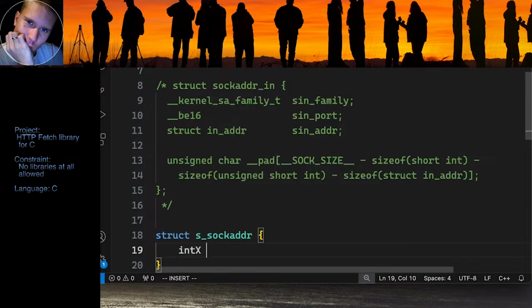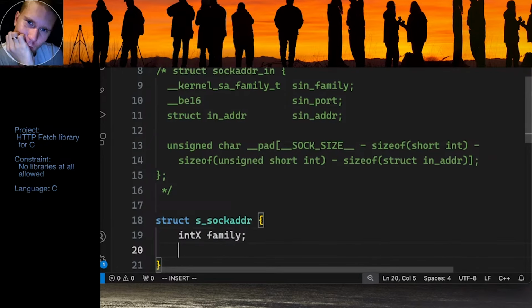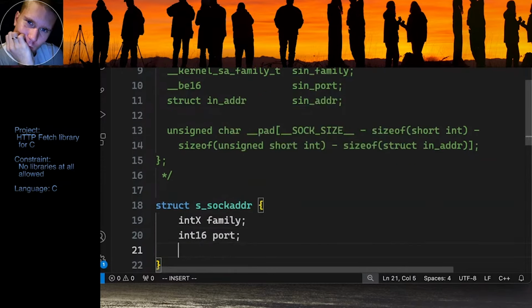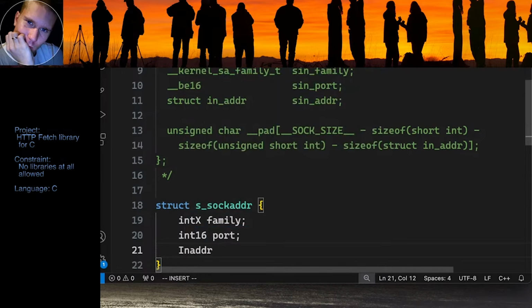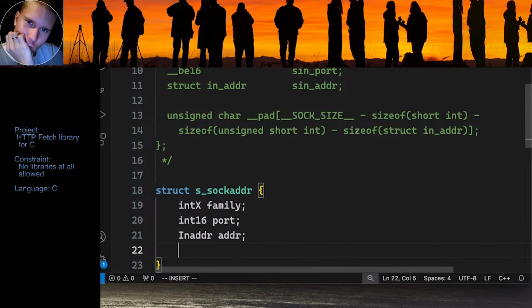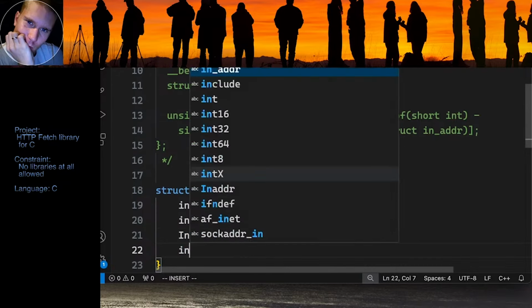Int x, we don't know how big yet, and let's just call it family, and we need an int 16 for the port number. Then we need an in address for the address, and we need to define an in address, and then we need some padding. So let's say int 8